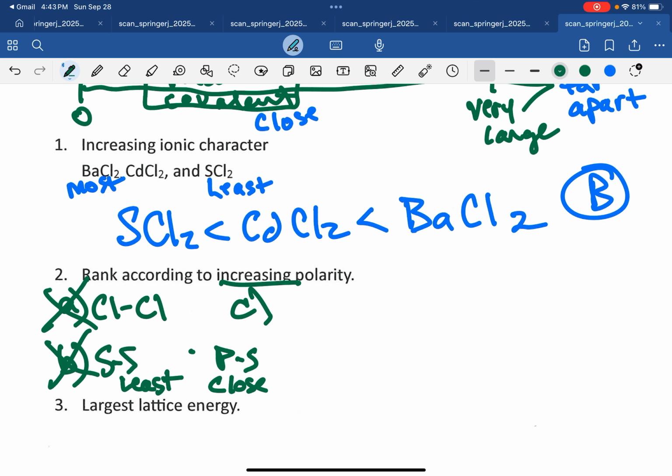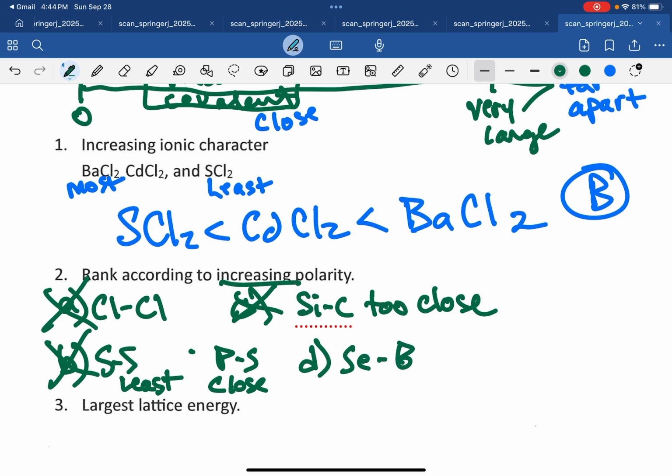Letter C, we got Si-O, Si-C, and Si-F. Si and F are far apart, so that would be most polar. But Si and C are very close together, so that's no good. We would want SiC to be the first one in the series rather than the middle one. So that only leaves Se-Br on letter D, Se-Br,